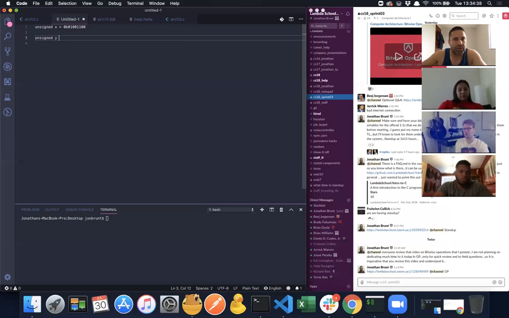Well, no, to the right. To the right, sorry. That's all good. So unsigned Y will simply equal X shifted to the right 3 spots, and then that's just going to give you 0b000